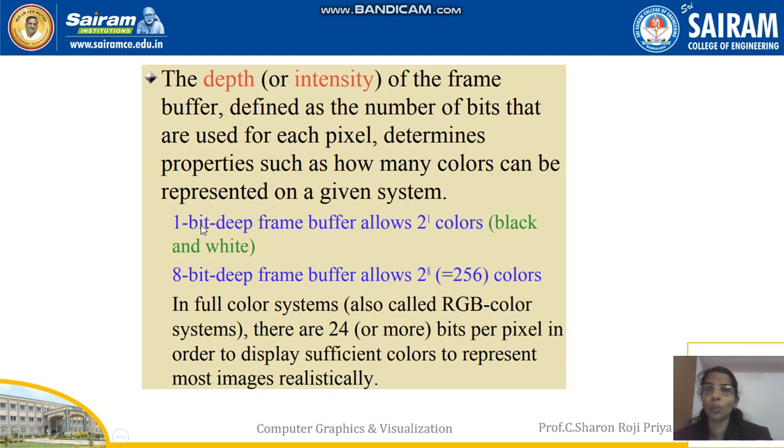So what do you mean by 1 bit deep? Deep, or depth, or bit plane means how many bits I am using to represent a single pixel. So here I am using only 1 bit to represent a pixel. So the possible colors are 2 power 1, which is nothing but 2. Only 2 possible colors, that is black and white. 8-bit deep frame buffer: what do you mean by an 8-bit deep frame buffer? To represent